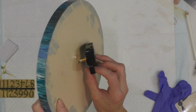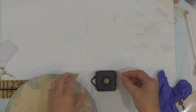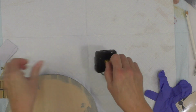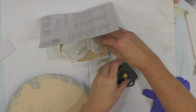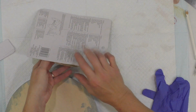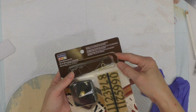So I think I got it, it's not deep enough. So these little pieces, I don't want to lose any of these pieces. So I'm going to put them back. And I can use this on another. That's why it's always good to check. And so I wasn't sure when I went and purchased it. So what you need,